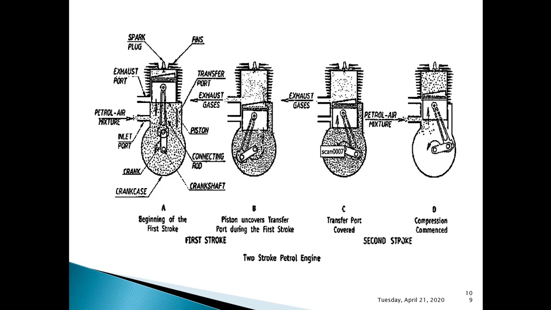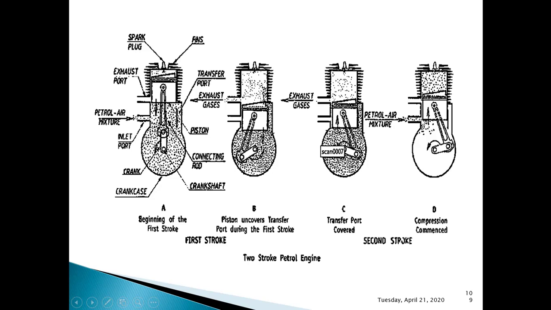Regarding how the air fuel mixture will enter this crankcase and how it will enter this combustion chamber, you need to write only a few sentences. We can finish this entry of air fuel mixture into the engine cylinder within 5 to 6 sentences. I will tell you how to write. So first, you will start with diagram D. The piston will start to move towards top dead center, and it uncovers this inlet port.